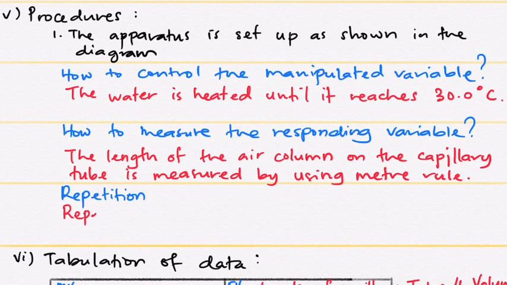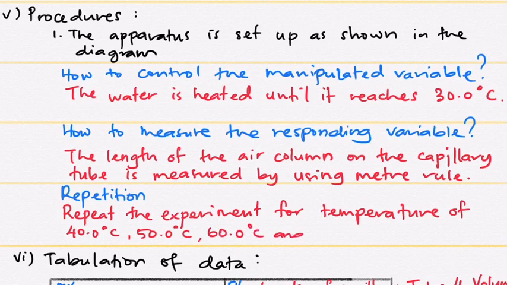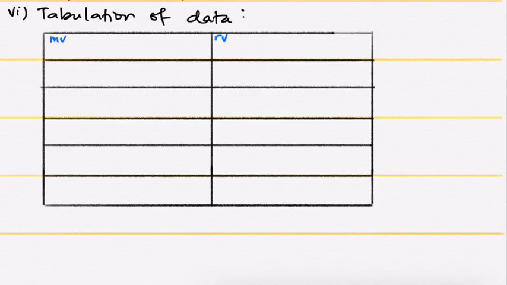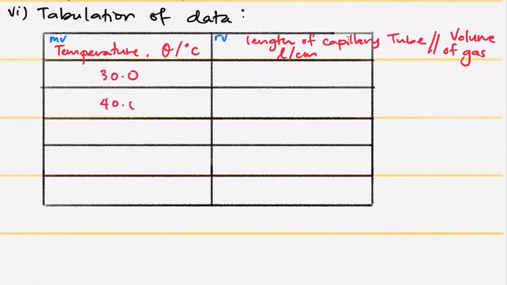And for the repetition, make sure that you state 4 more values of the manipulated variable, and the increment of each value must be constant. In the table of the tabulation of data, again we write down the temperature as the manipulated variable in the first column, and the length of capillary tube for the second column. This one you can write down volume of gas as well, and fill in all the values that you have